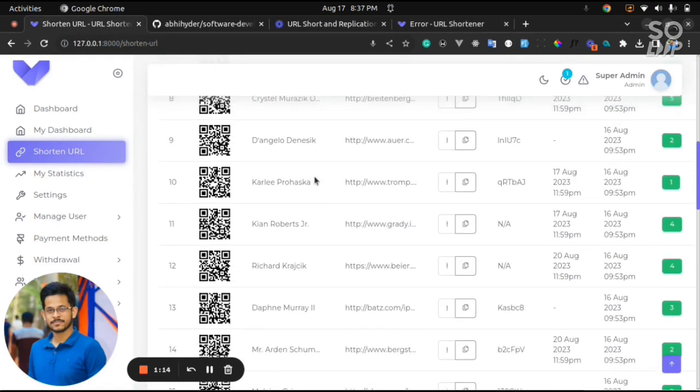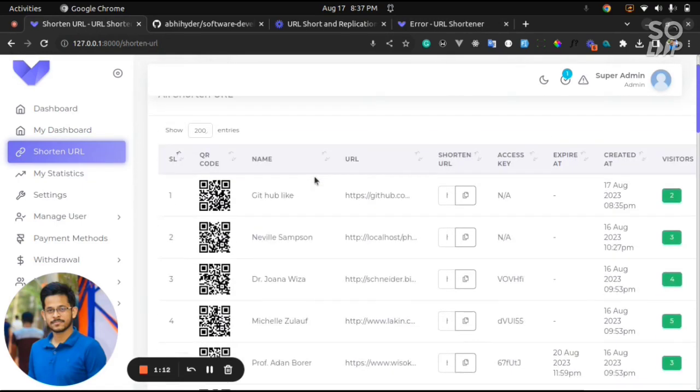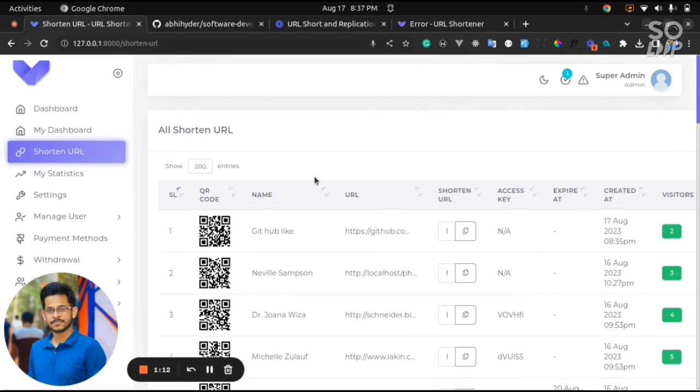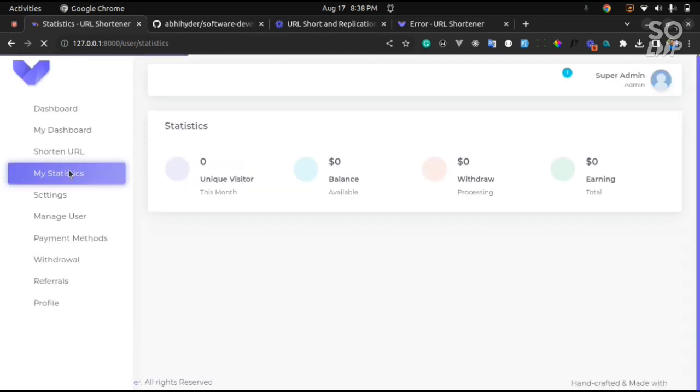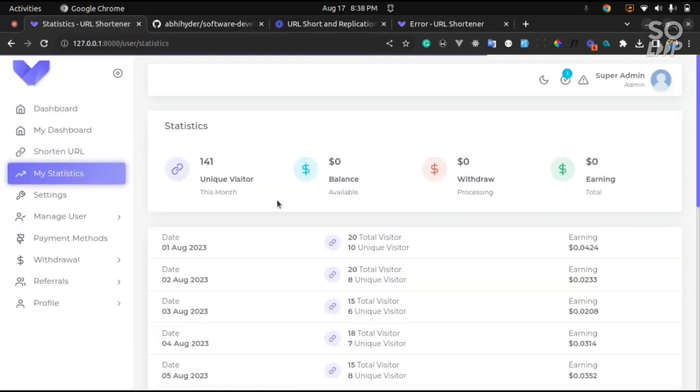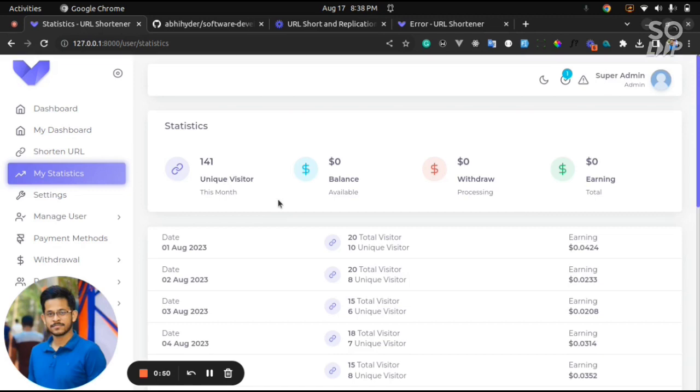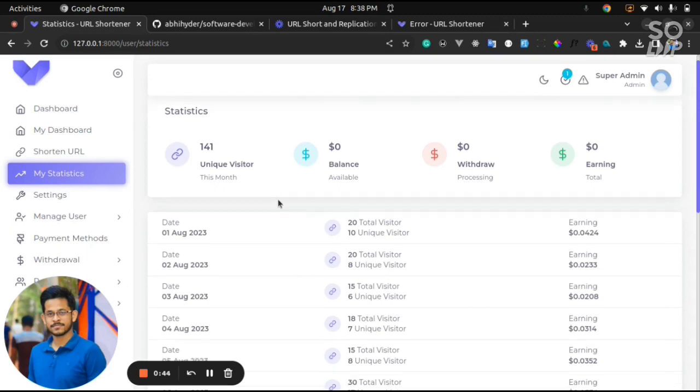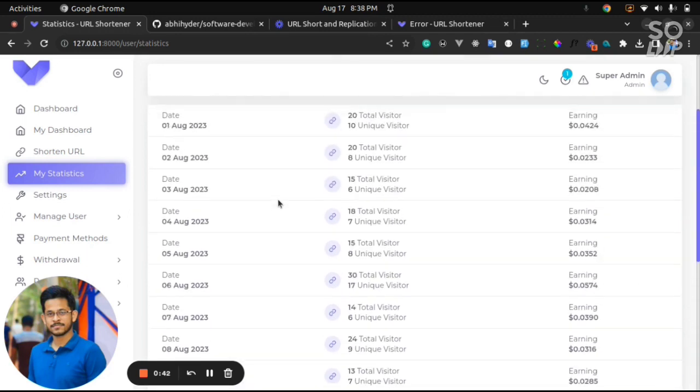Then here I will also show a QR code. If you scan this QR code, you can find the shortened URL also, and you can share it with anybody anywhere. Then he can scan this QR code and be redirected to the original URL. And then here are also statistics for total unique users, how much balance he has, withdraw requests with processing, and here are at-a-glance statistics. And